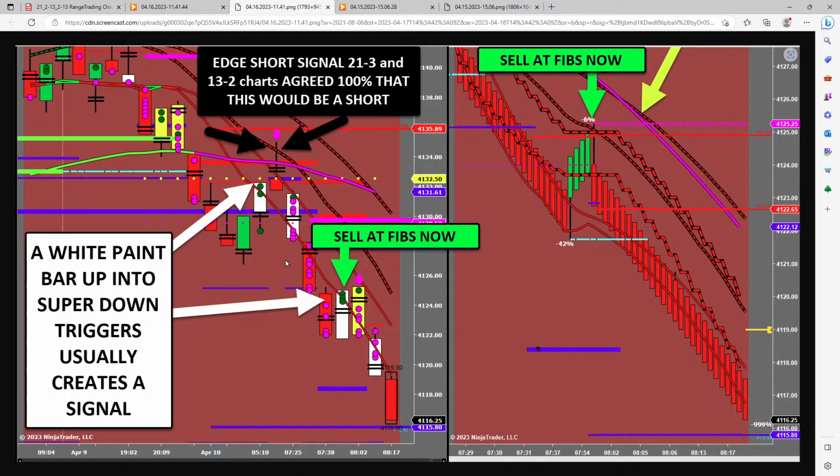So, we always call this the MB trade. If you ever hear it said like that, it's just because MB kind of came up with it. But look, now you guys get the benefit of his years and years and years of studying the damn thing. A white paint bar